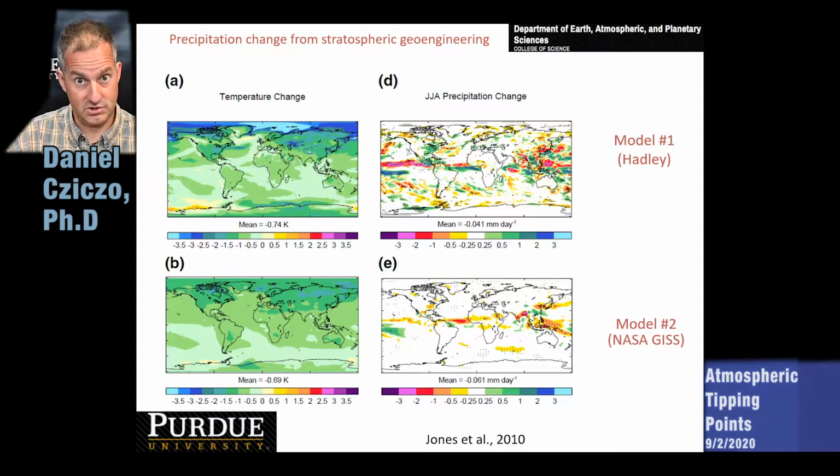And this can change depending on where you put those particles, if they're in the troposphere, if we're trying to change clouds, or if we try to mimic one of these volcanic eruptions and put them in the stratosphere. So the images that we're seeing now are for changes in precipitation based on putting particles in the stratosphere, the next layer of the atmosphere up. They fall out and they affect cloud formation. So a consequence of this is that you could increase precipitation in some locations, thereby perhaps increasing flooding. You can also decrease precipitation in certain locations, thereby inducing a drought.